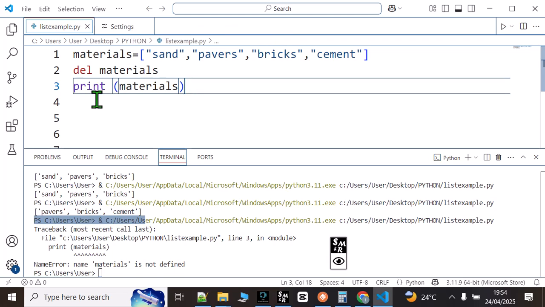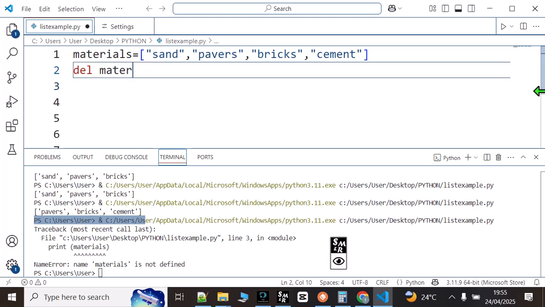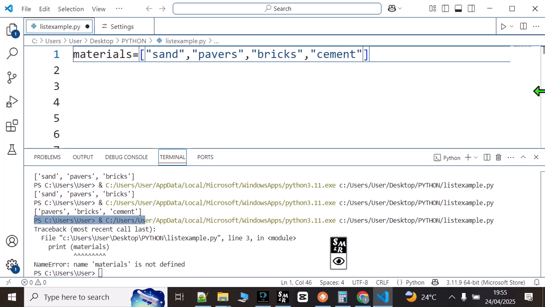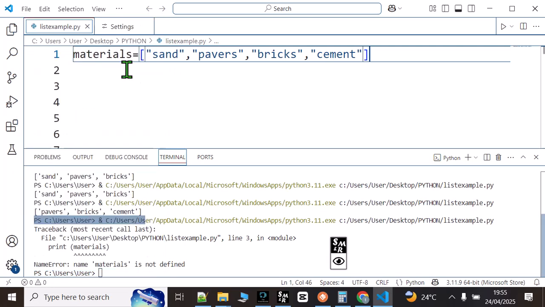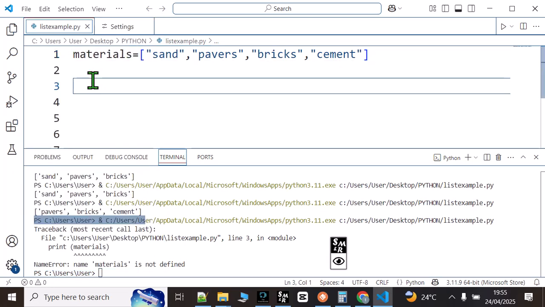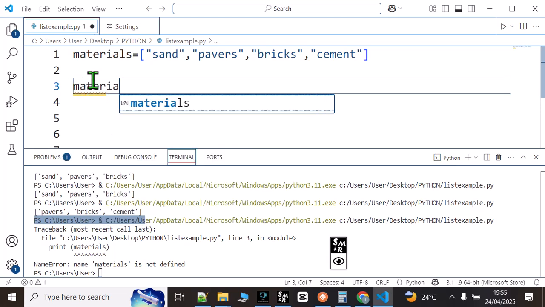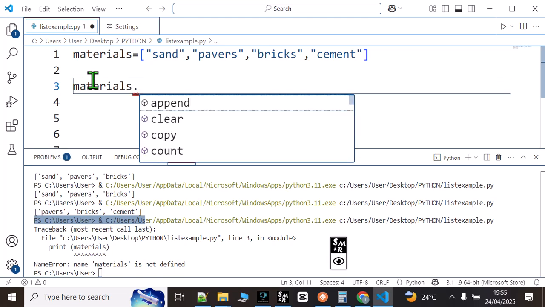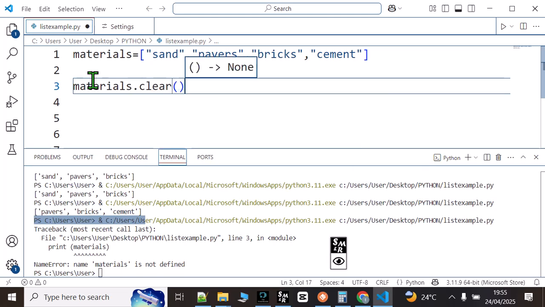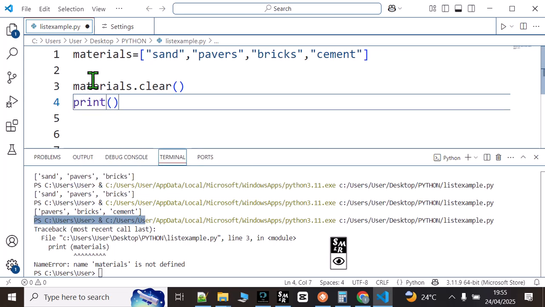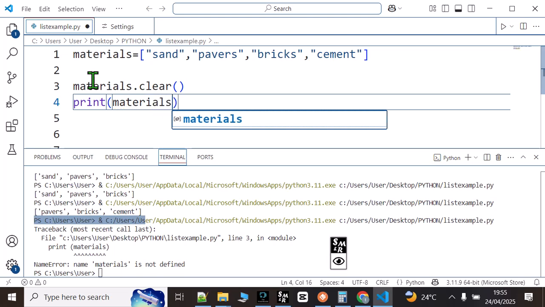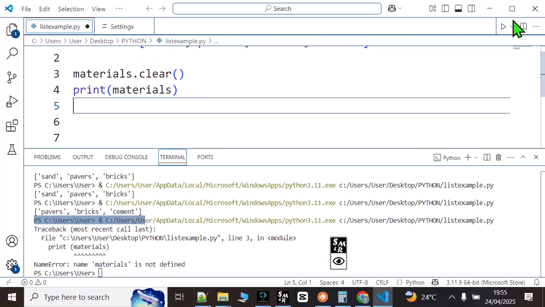Yeah, so let us go on and also look at the clear method. The clear method clears the list items, but it does not delete the list completely. So if we say materials dot clear, and then we say print materials, and we play our code here,